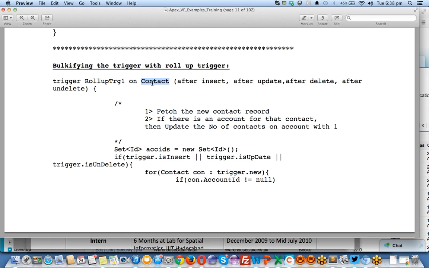Here my account ID: account is my parent, contact is my child object. I can use the roll-up summary field also, right? But here I want to use a trigger to do the same operation. Now I have simply taken the set of IDs, because I want to get only the unique records,